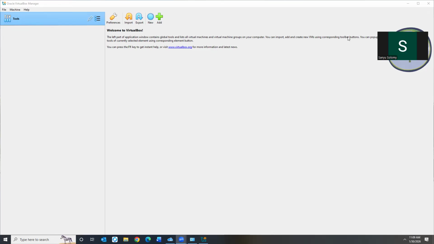Now we have type 2, where you have hardware, you have an operating system, and you get a hypervisor. So this is the practical way we do it on our PCs.